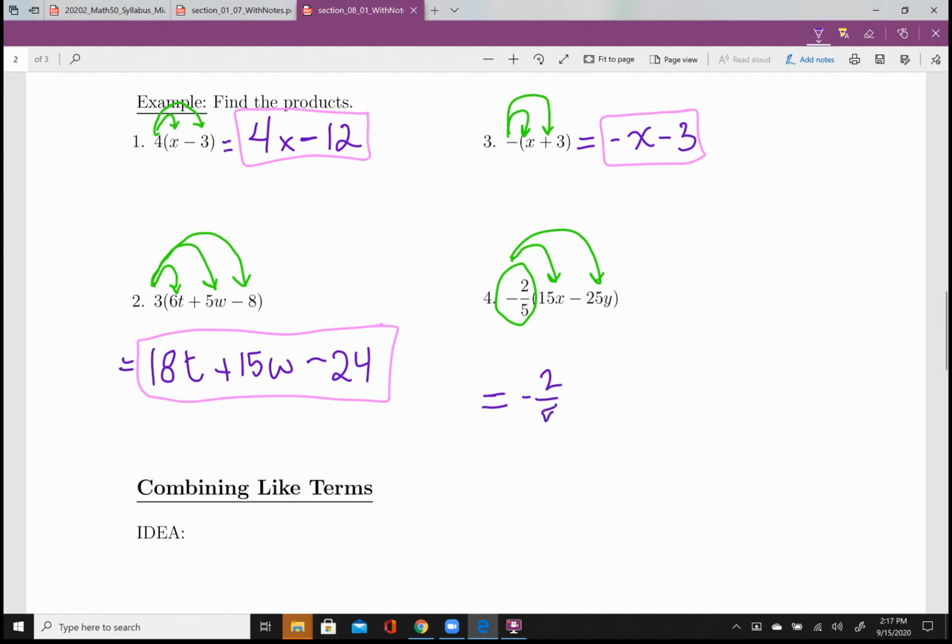Let's have that negative 2/5, and it's going to explicitly be multiplied by 15x, and then I will subtract, so have this operation here, but then we're going to need a factor of negative 2/5. Go ahead and put that inside of parentheses. That's the wise thing to do, and then there's still a factor of, raised dot,